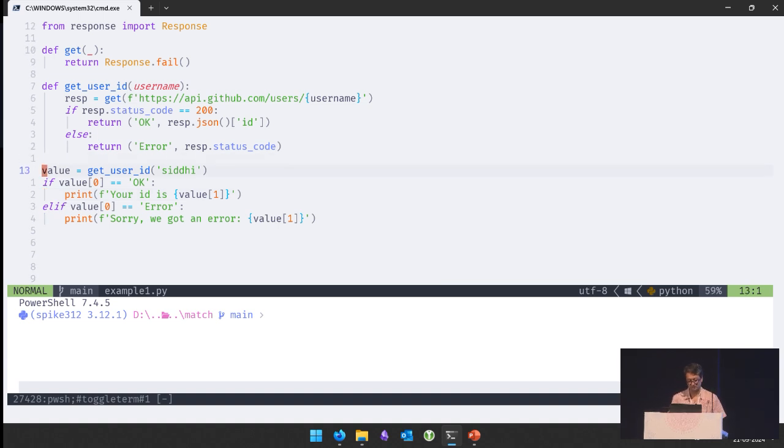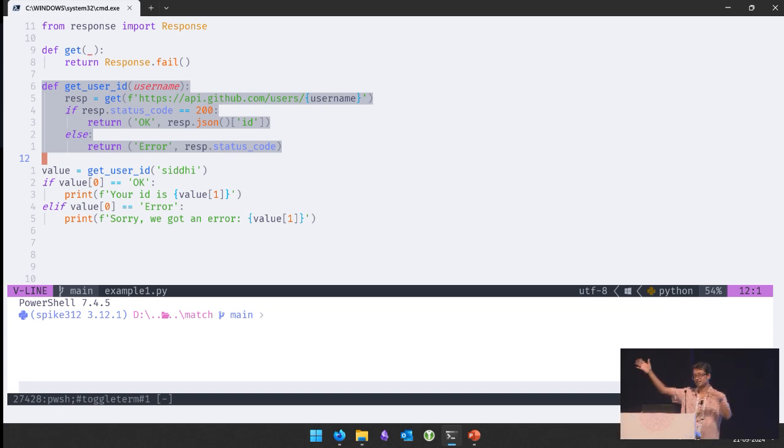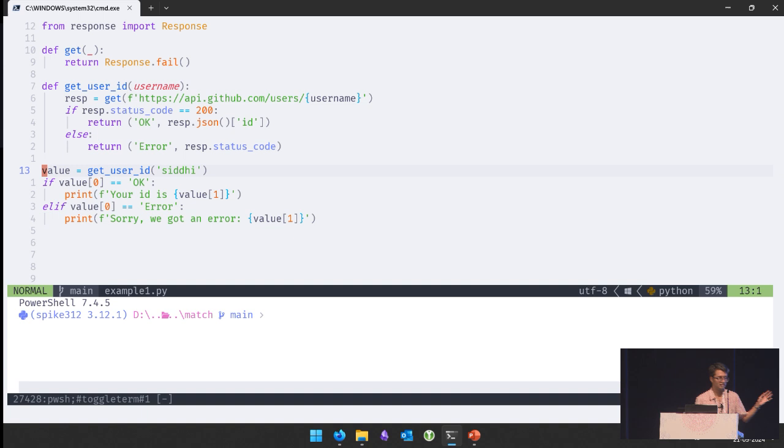Now this code is not really that readable. Why is it not readable? Firstly, imagine that this get user ID function is in some other file. I can't see it. I'm just reading this code over here. So if I'm just reading this code, what is the value of 0? I don't know. Only if I go to that function and see what it is returning in that first spot will I know what the value of 0 is. Here I cannot directly make it out. Same way over here, what is the value of 1? I don't know. So that is one real problem from a readability perspective.